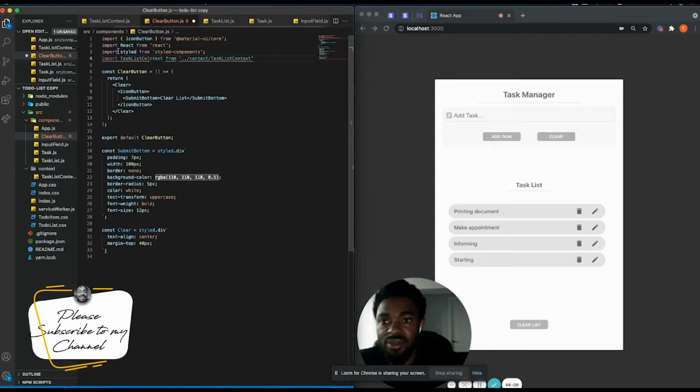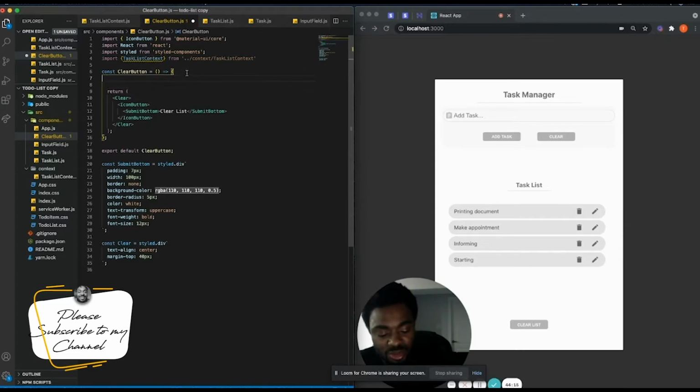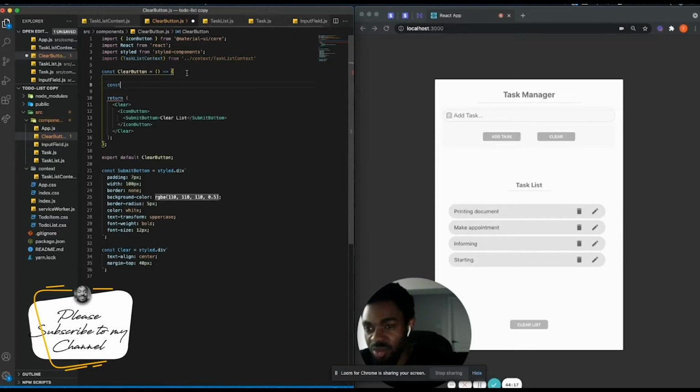So we destructure it, and we come here just before the return statement. What do we want to get from there? We want to be able to access our clear list. So we copy this one, we paste it here, and we import our useContext,